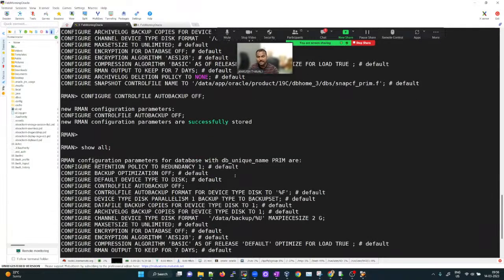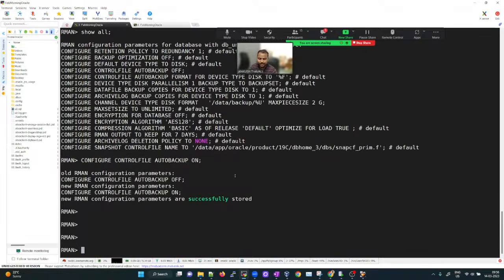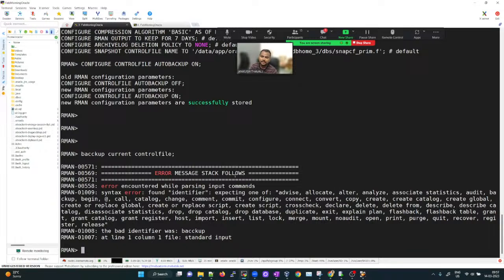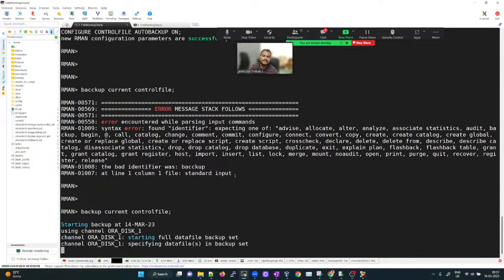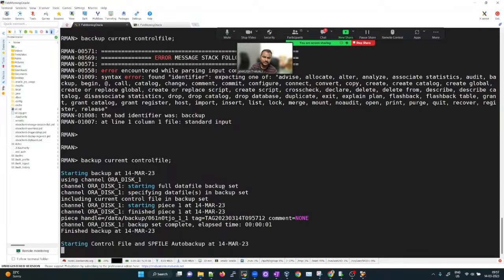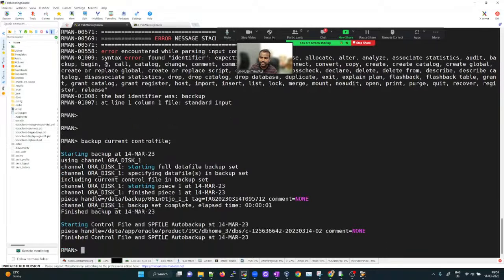Now we understand the basics of RMAN, like how the backup runs with respect to the SP file and control files. Now let's take the backup of control file. Backup current control file. Spelling mistake. Backup current control file. Now it has started taking the backup of my control file, and my backup is going into this new location